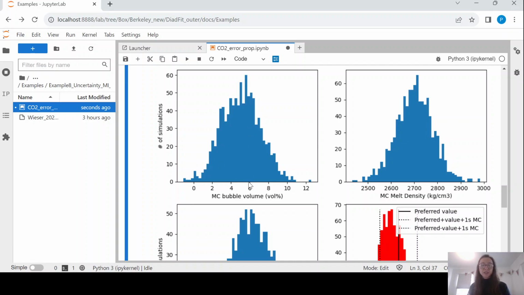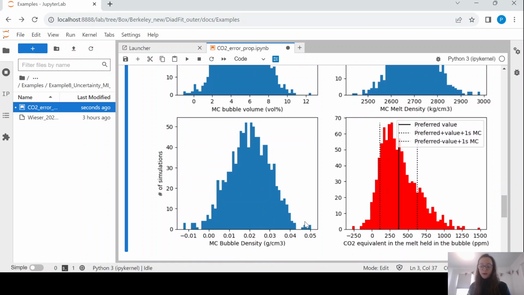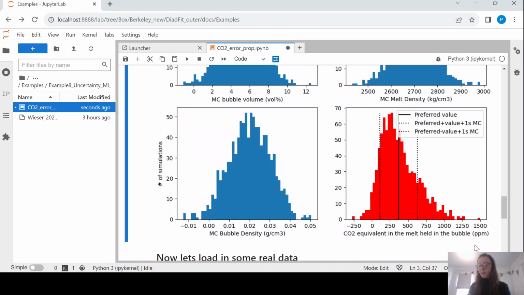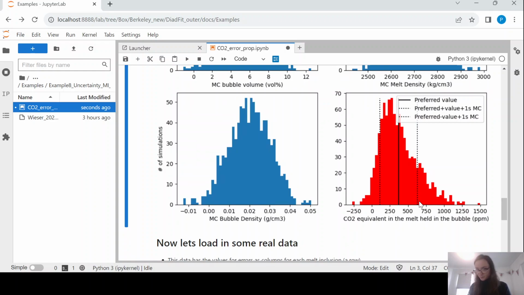So you can see it's centered on 5, and then you have that standard deviation of 40%. This is your input parameter for the melt density, and this is your input parameter for the bubble density. And when you propagate those together into the equivalent amount of CO2 in the melt held in the vapor bubble, you get this distribution. So you can see that you can basically define a preferred value, and that is actually,